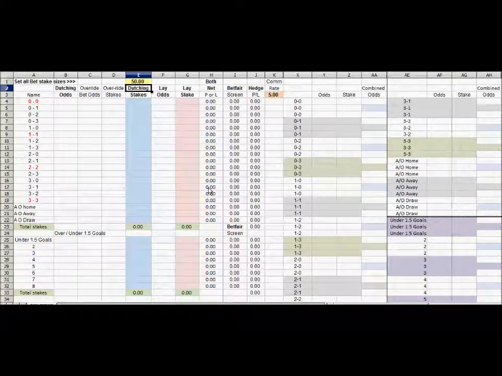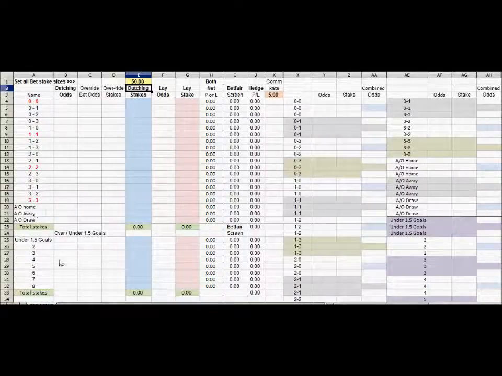If you're used to trading football matches using correct score and maybe one other market, you may find at times that you have difficulty working out what your profit and loss may be if you place more than one bet on several scores. So this spreadsheet here will allow you to bet in just correct score or correct score and